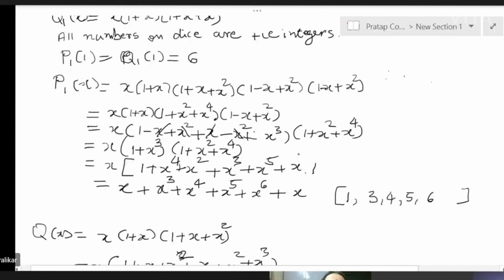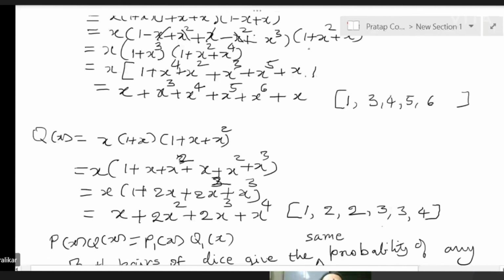So this is x raised to 7. This is x raised to 7 and this is the square bracket and this is x raised to 8. That was one silly mistake. And then this will be 8. You are quite right. The numbers 2 and 7 are omitted and instead you go up to 8. 1, 3, 4. Omit 2 and go up to 8, but 7 is also not taken. And here 2 and 3 are doubled in the second die. Yeah, thanks for checking this. Thank you.